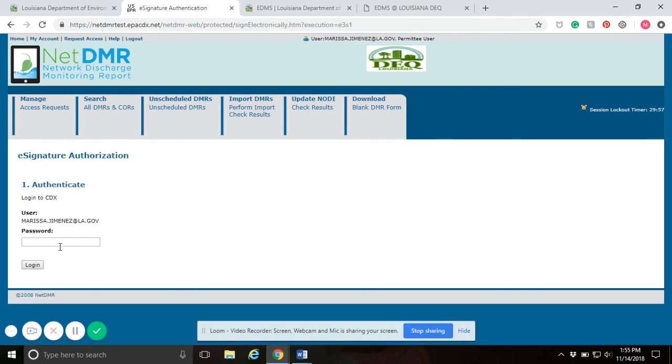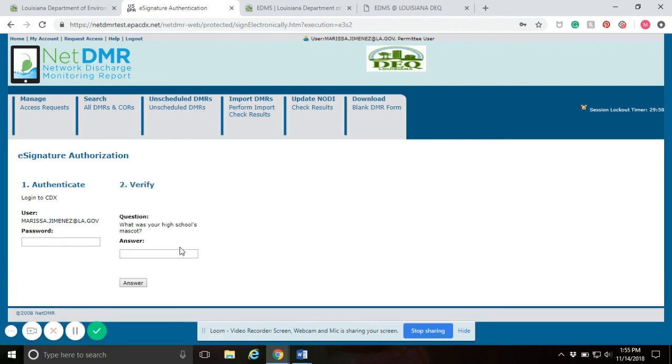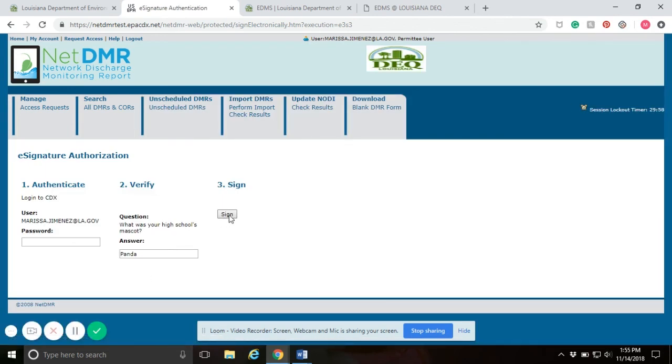And then to authenticate your request, they're going to ask for the password of your CDX. Make sure that you remember it because you can't see it. You only have 3 tries before they lock you out. Click on login. Then they're going to ask one of your security questions that you filled out. Answer, and then you would click sign